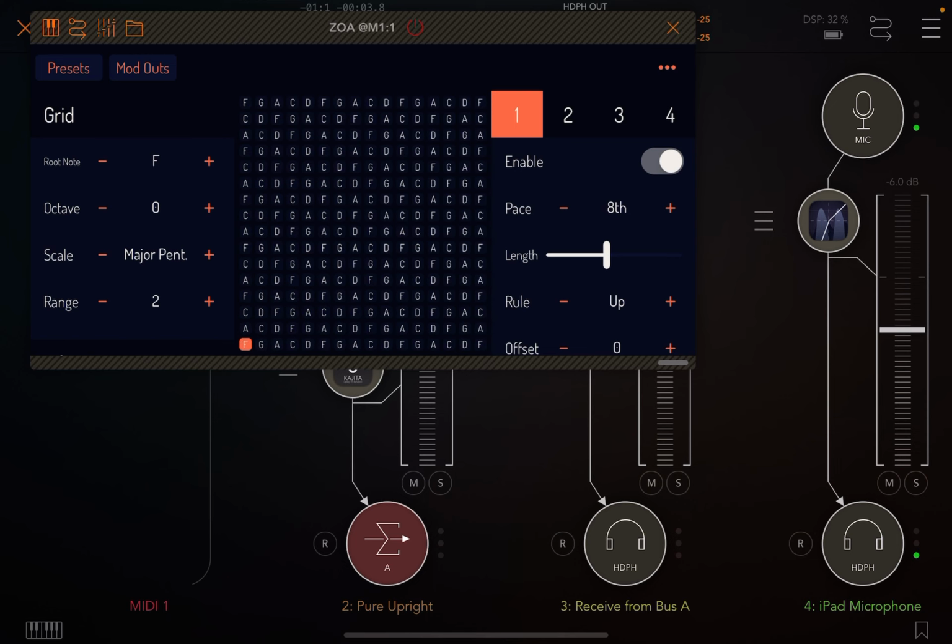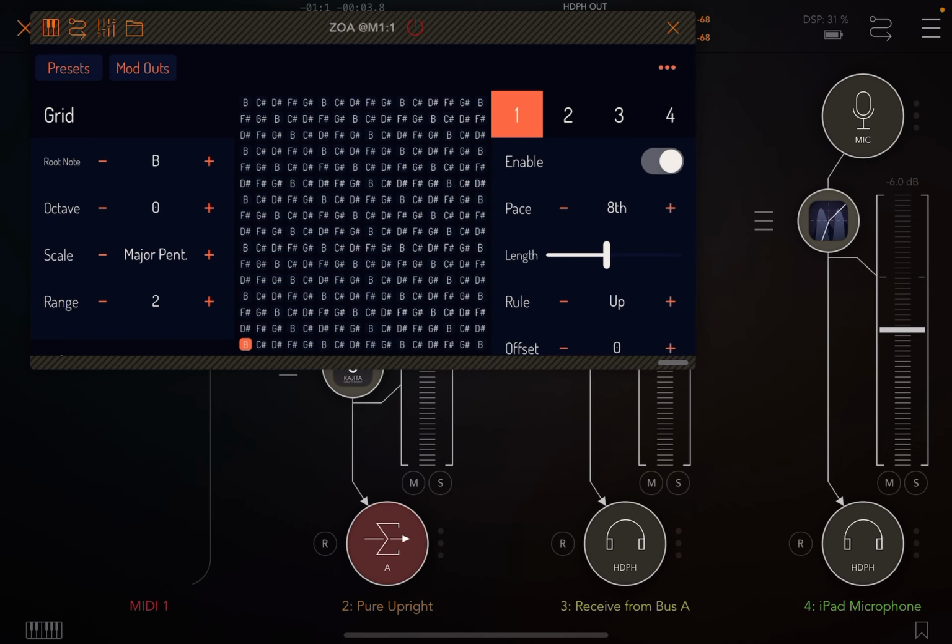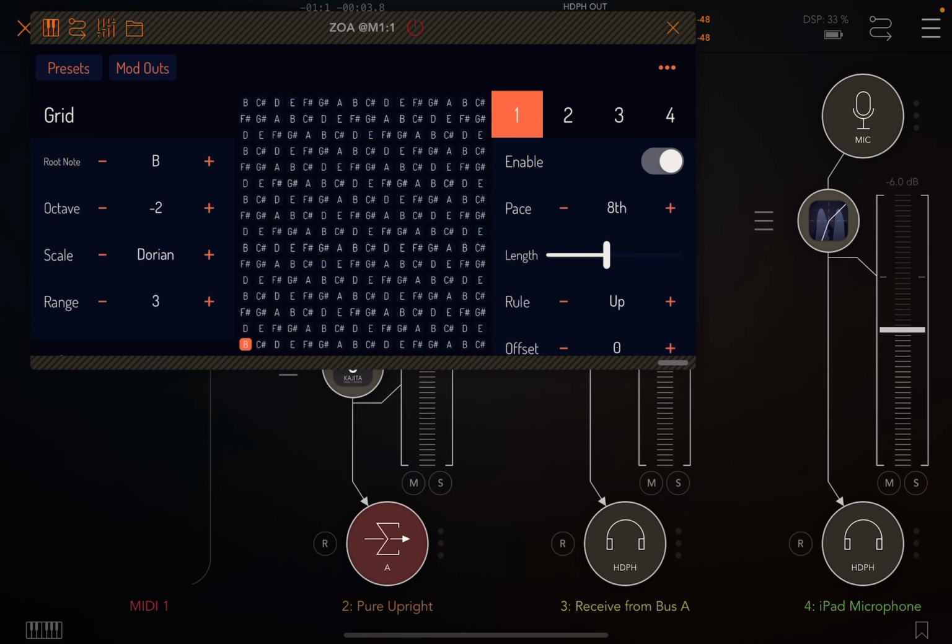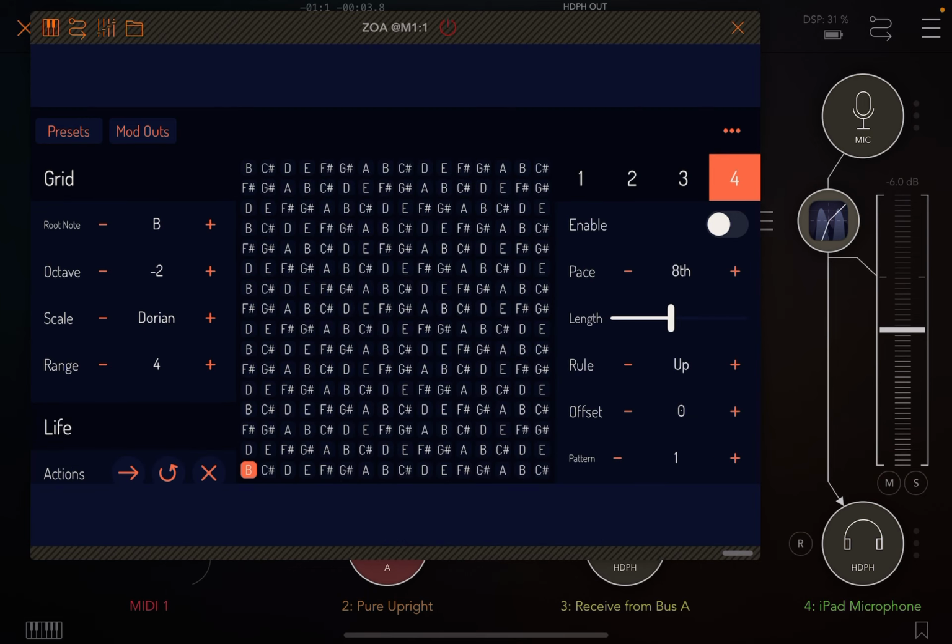Wow, it lets me go this way, but not the other way. All right, so I use B, 2 octaves. Was it negative? Negative 2 octaves. And then I used Dorian, and I set the range for 4. And these are like, if I had to describe it, how would I describe this? It's like 4 options